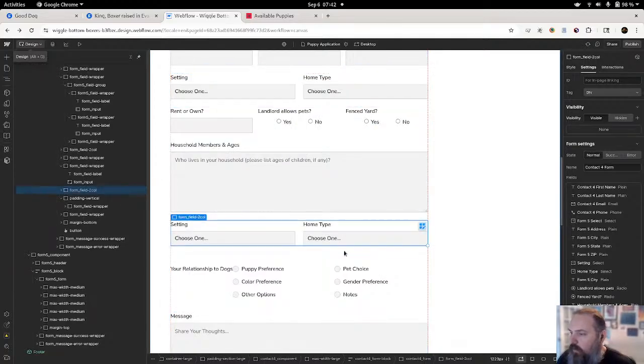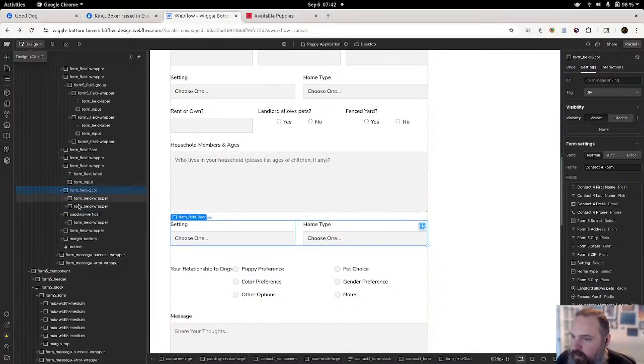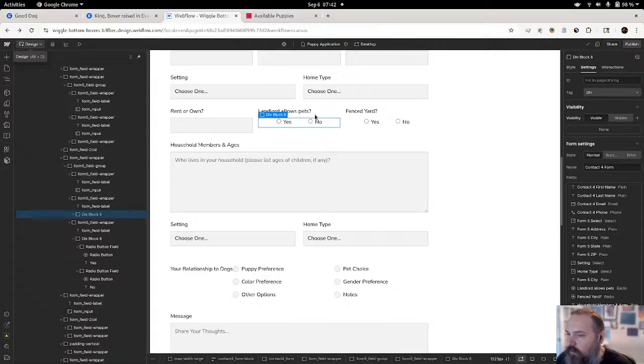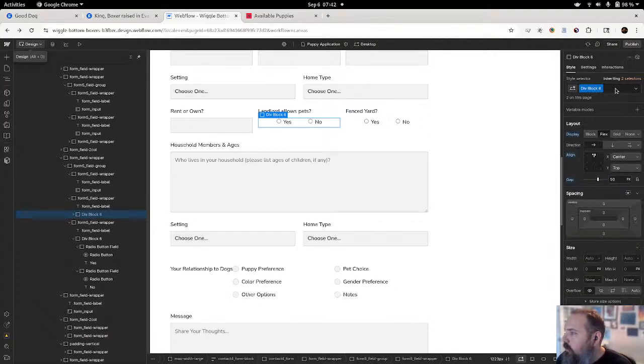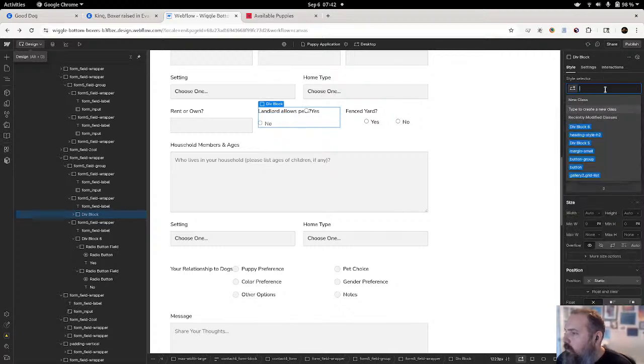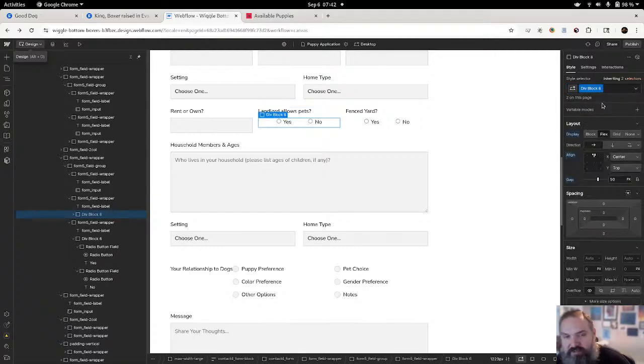And then instead of it being those guys, we're actually going to come up here and get one of these guys. But I'm going to go ahead and give this a name so we can reuse it. Div block 6. No, we're going to call it... what are we going to call this? Oh no. Put it back. Put it back. Because div block 6 doesn't sound very nice. We're going to call it